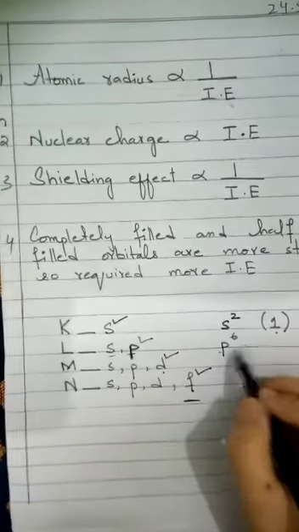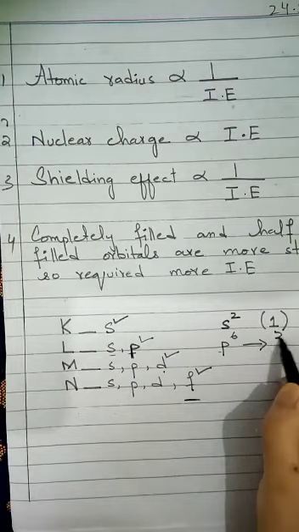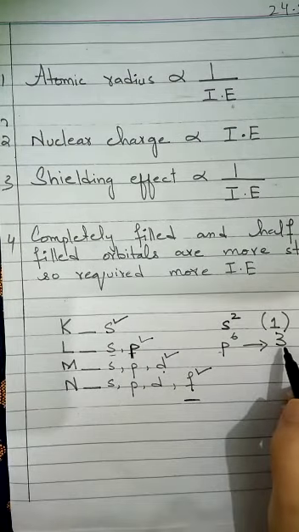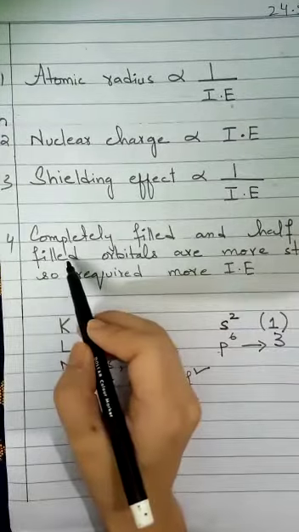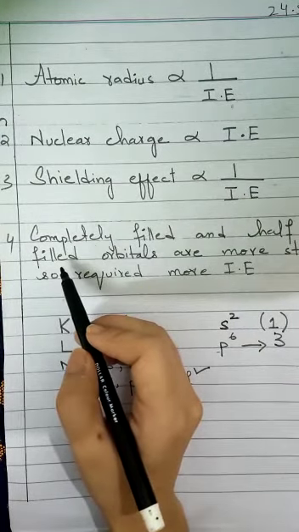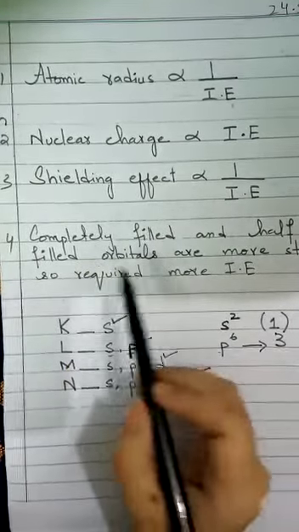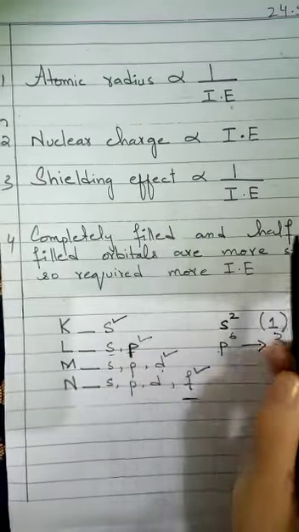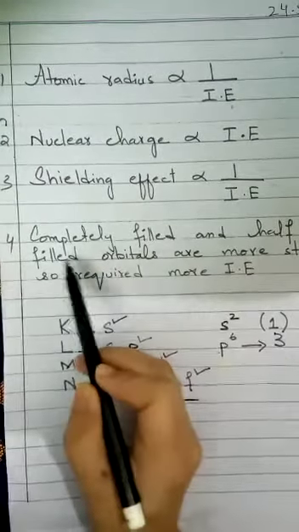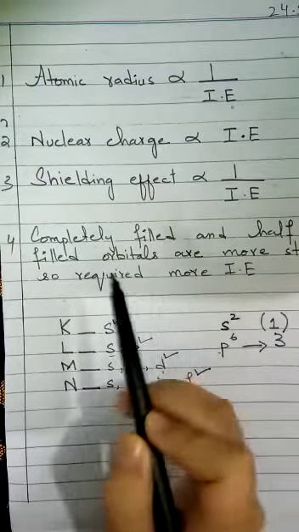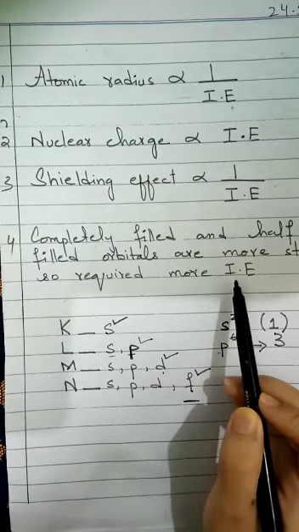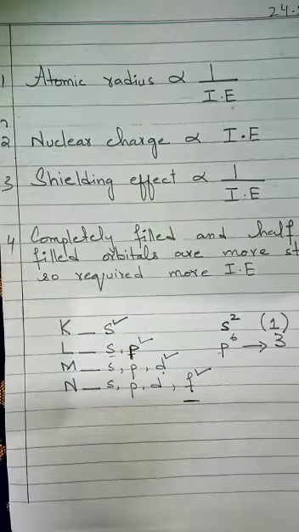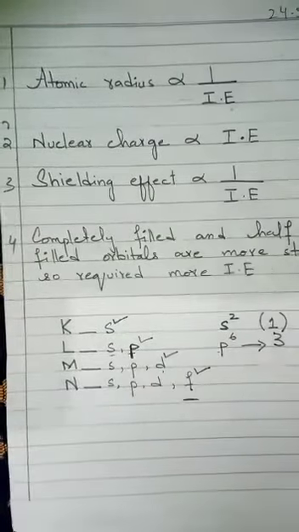If the P subshell contains 3 electrons, this is an incompletely filled or half filled orbital. We can also say partially filled orbital. So completely filled orbitals and half filled orbitals are also stable, so we require a more amount of energy to remove the electron from these orbitals, right? Okay, now the next one